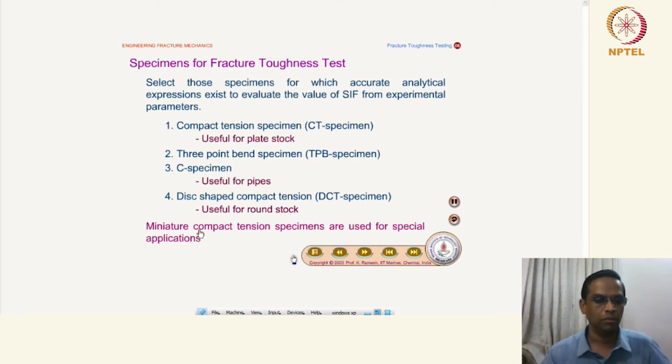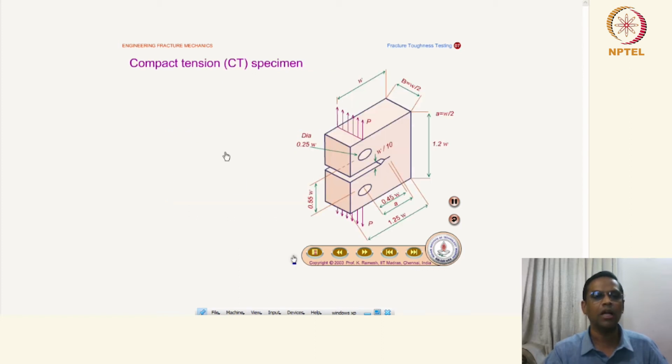Okay, so the miniature compact tension specimens are used in special applications where the material availability is critical. Then this kind of specimen is prepared for conducting this fracture toughness test. So what you are seeing here is a compact tension specimen with its dimensions, and you can see that the